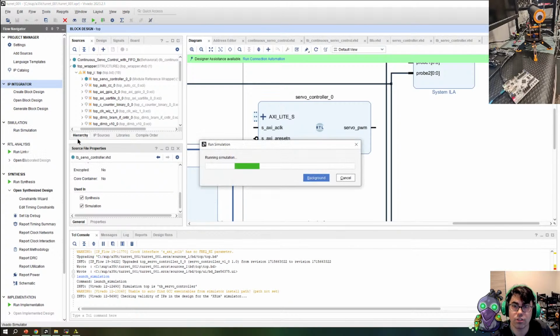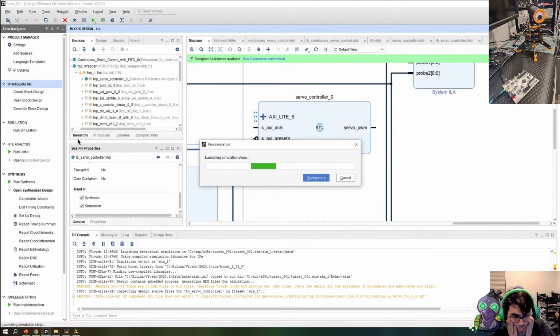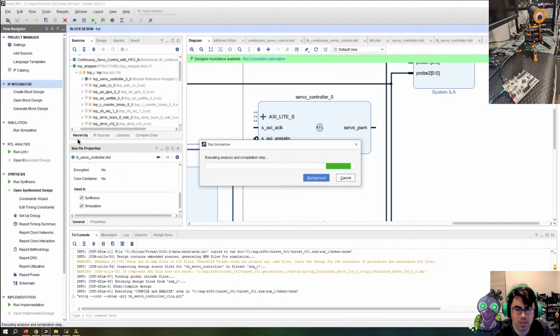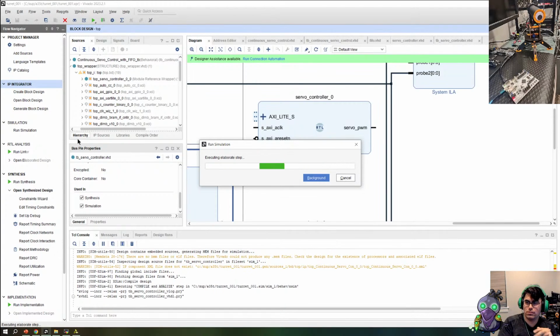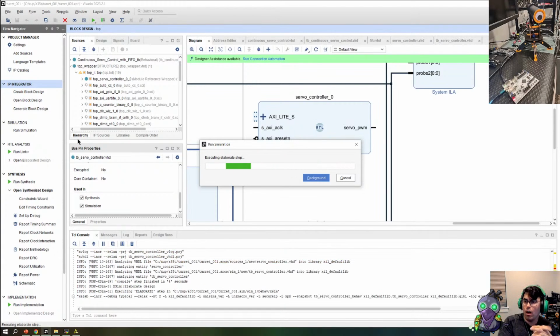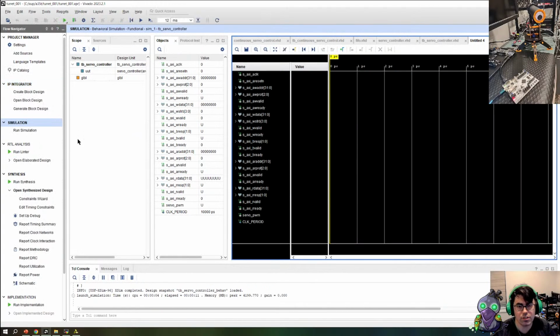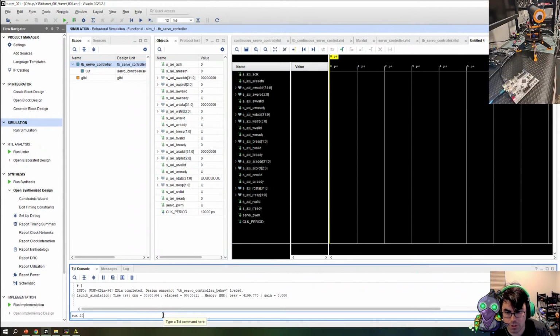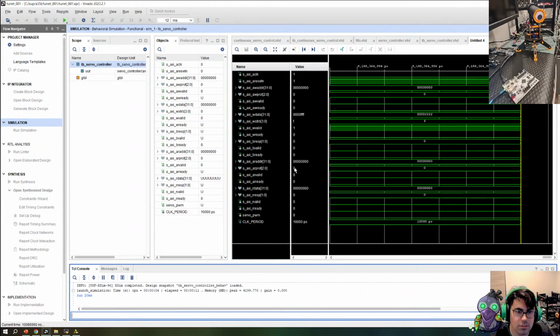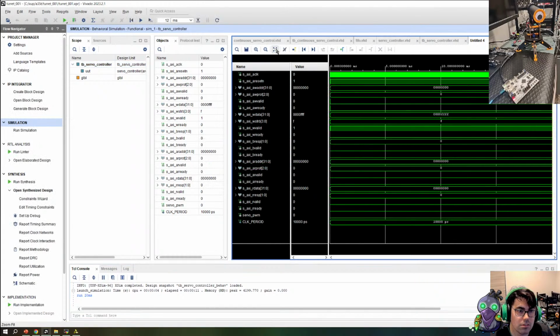They're running this. Oh yeah, we're not doing continuous. We're not going to do continuous for this. We're going to just keep it basic and just see what happens if we do run 20. Servo. Yeah, I guess it gets tied to 0 because